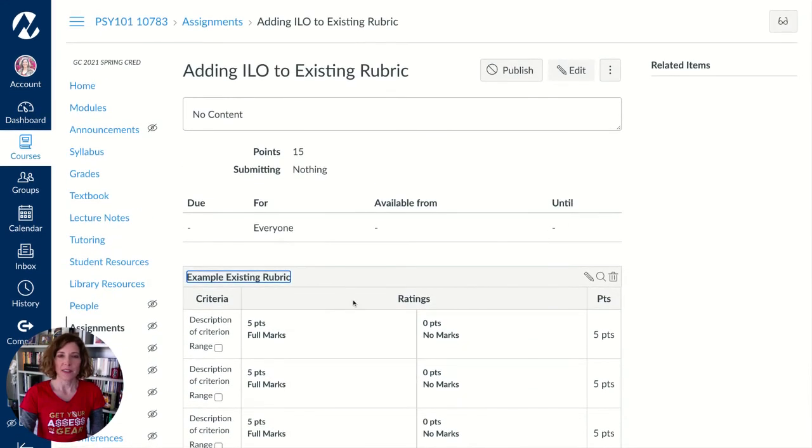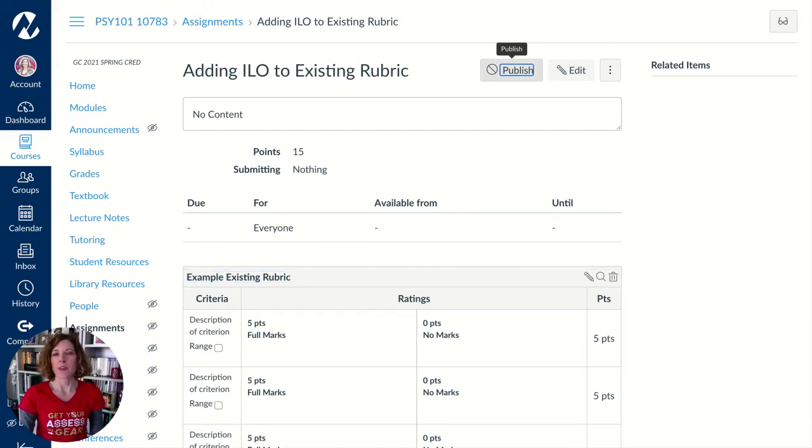This is less important in this step than it is in other ones, but of course, this is very critical for all ILO assessment. Your assignment must be published and your course must be published before you submit grades to SIS. If either the course or the assignment is not published at the point at which you submit SIS grades, we get none of the ILO data. So please make sure it's published.